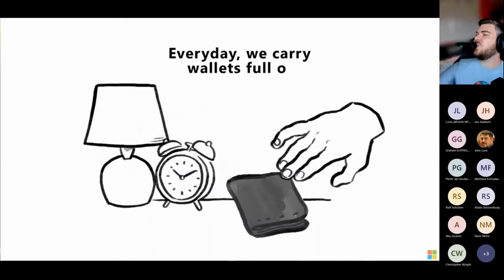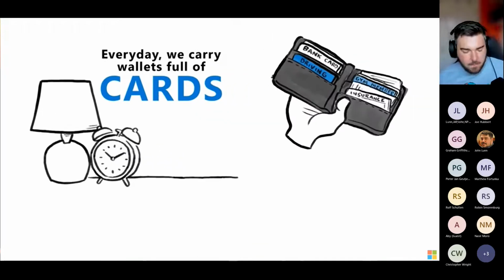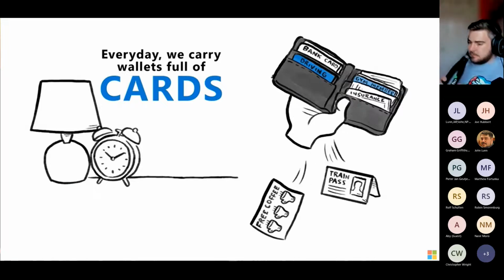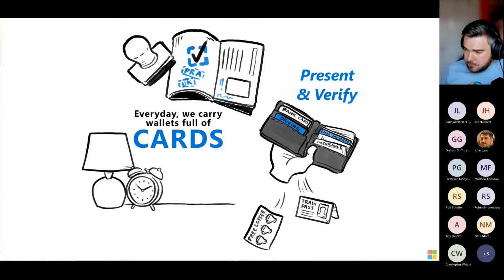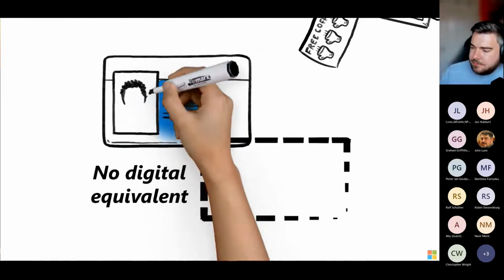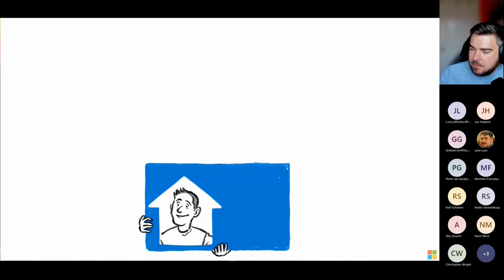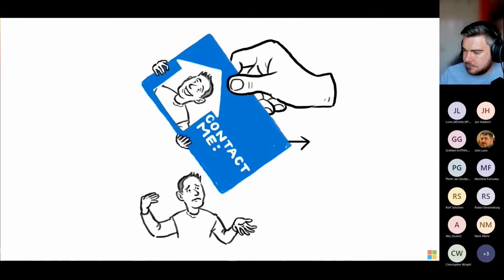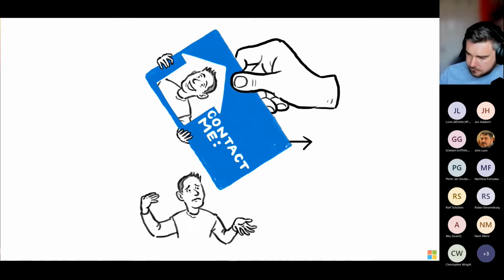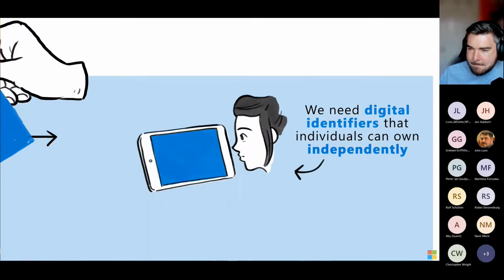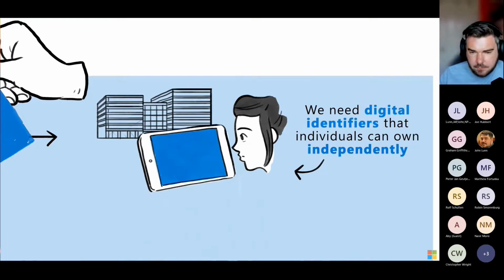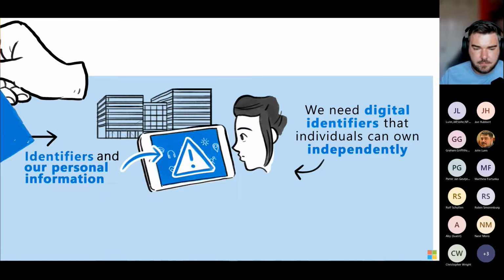Every day, we carry wallets full of cards. However, only a select few, like government IDs and credit cards, are widely accepted. Our society has established global norms for how we present and verify the credentials these physical cards represent. But there's no real equivalent for digital credentials. Why not? First, there's no standard mechanism for issuing digital cards. To issue universally acceptable digital cards or credentials, we need digital identifiers that individuals can own, independent of any entity, organization, or institution. Currently, we use email addresses and phone numbers as identifiers to access websites and apps. But our access to these identifiers and our personal information is at the mercy of